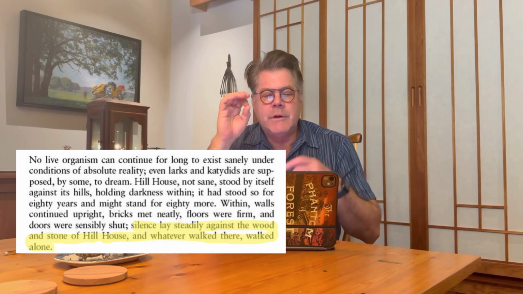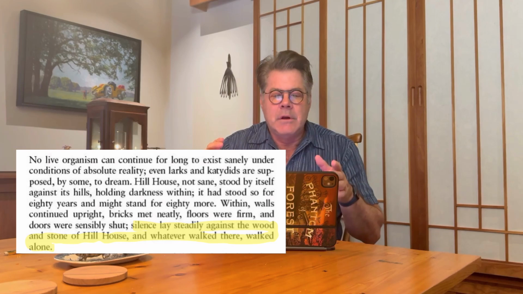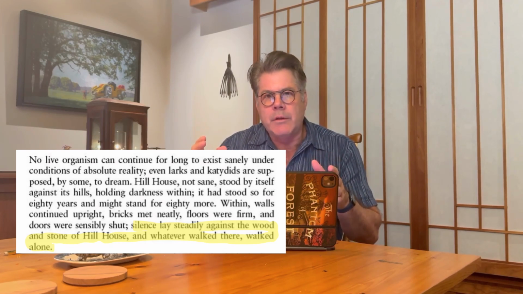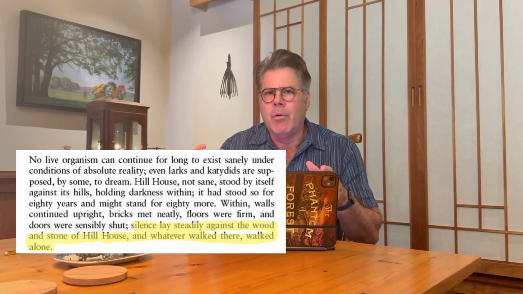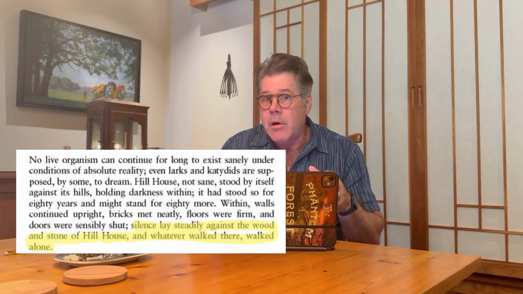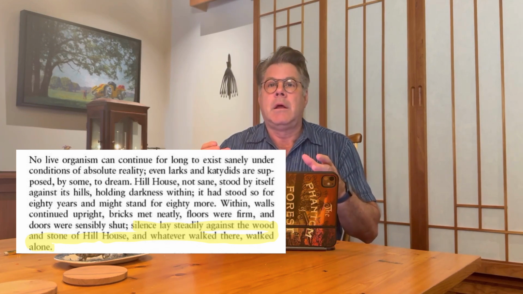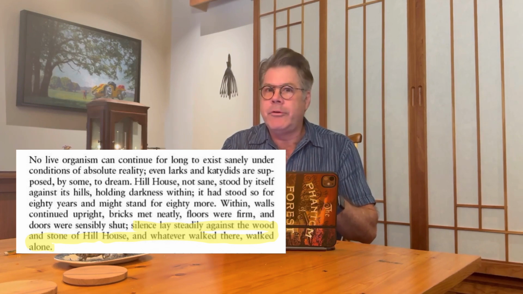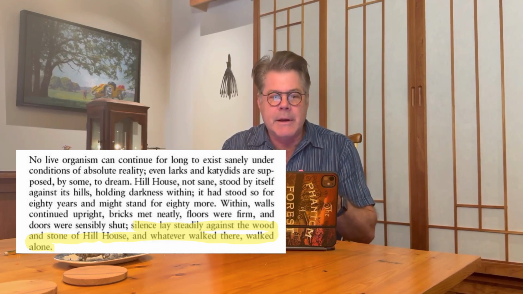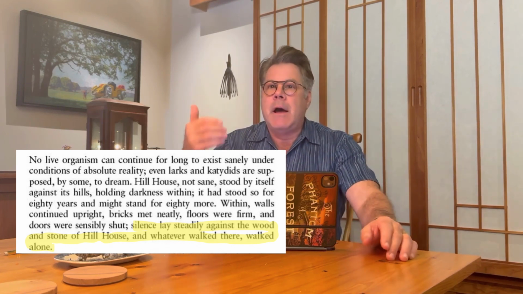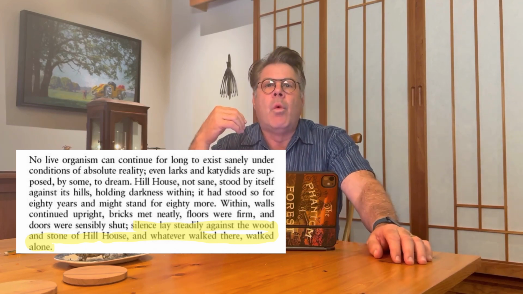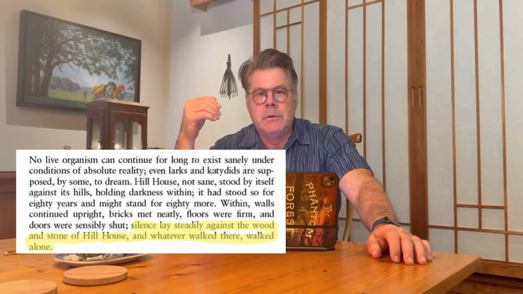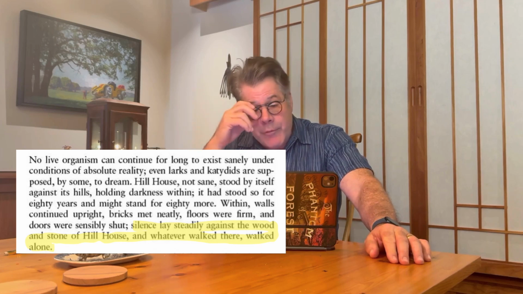Now, you see what she did with that last parenthetical phrase, "and whatever walked there," with commas. Oh, my word. Something's walking there? What does that mean? It forces you to read that slowly, more slowly than if there were no commas setting it off. And then the final thing after the comma, "walked alone." Well, that's wonderful. And I'll make just a couple of other observations here about this very tasty paragraph